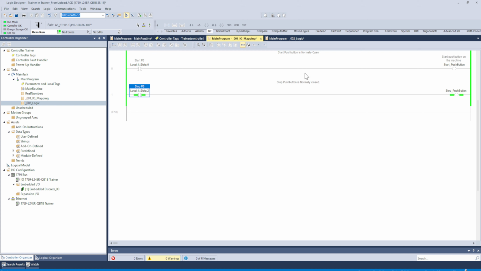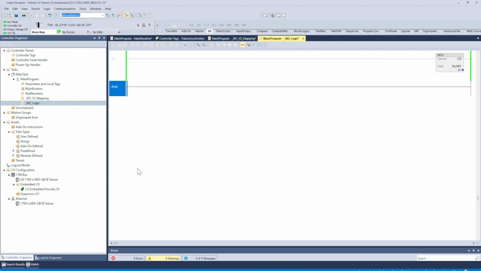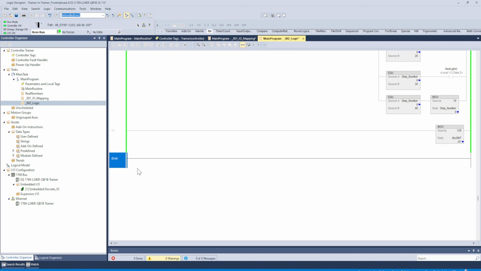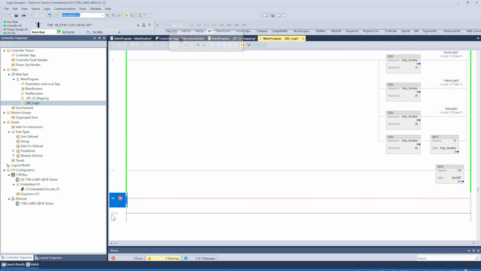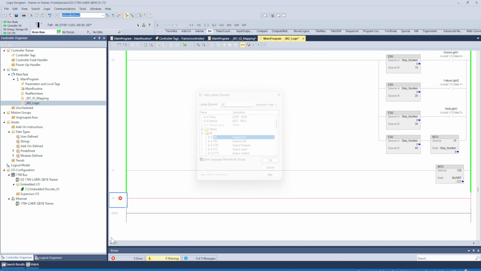one best practice is, as you develop logic, if you write the comments, that helps you later what you are planning to do here. So now I have both my start and stop button. Now I will have to write a rung which will use the start and stop buttons to issue a run command for a machine, right? So we know we go ahead and insert a new rung. You could either drag and drop commands there, or you just hit the insert button on your keyboard, and we need examine if closed, so I can type XIC, enter,